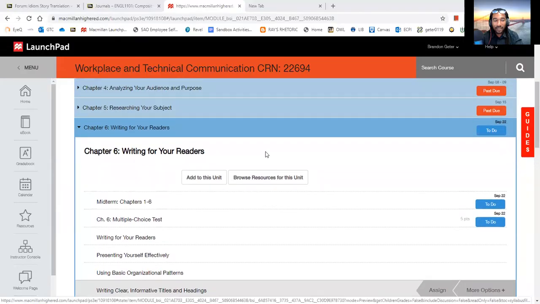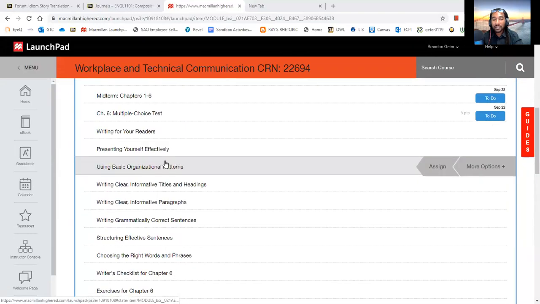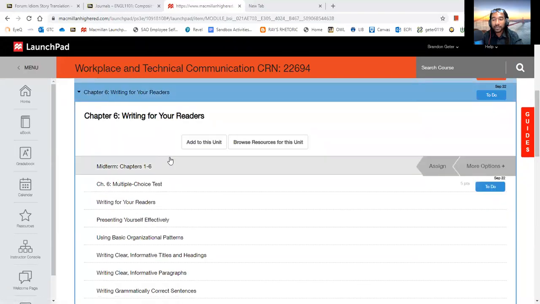It was just something that I overlooked when considering which assignments to assign you. But going forward, I'll make it explicit where to turn in the assignments. For example, let's go into our course here. So this week we have chapter 6, and we have the midterm, which is chapters 1 through 6,